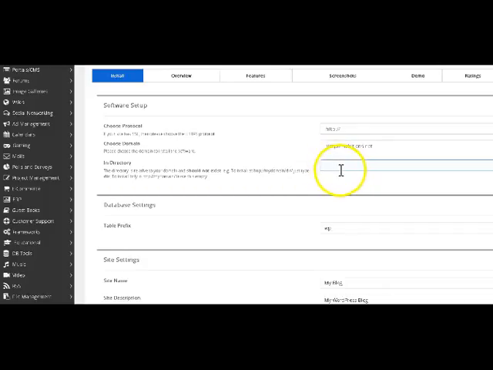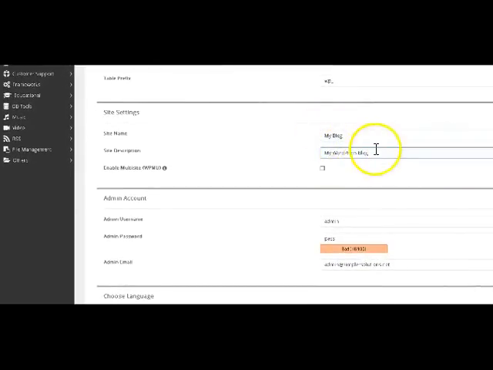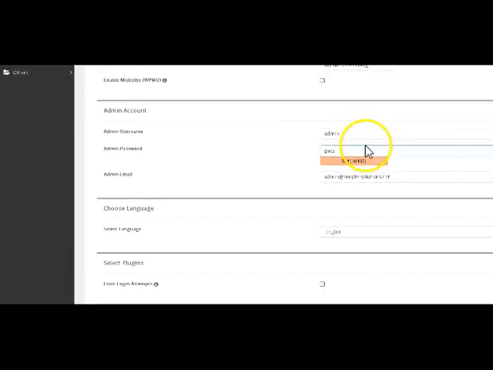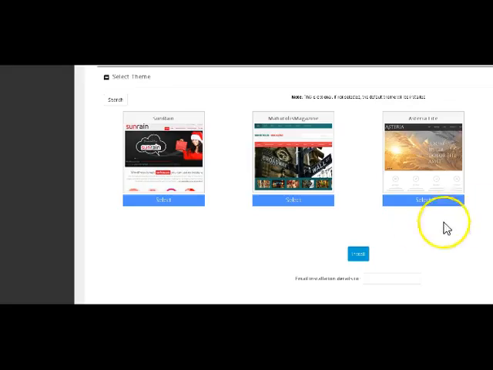So leave that blank. Most of the other things you can leave. This you could change, but you can change it later. So there's no problem with that. You want to set a good password. You certainly don't want admin and pass. In fact, I would change the username and also change the password. Don't worry about a theme. You don't need to pick one. And then just click install, and you can put in your email address there and it'll send the details to